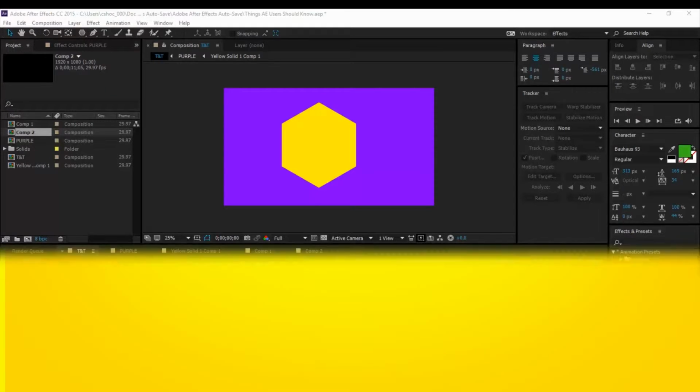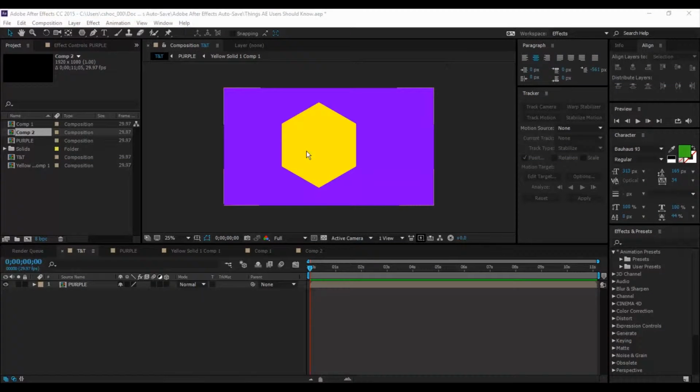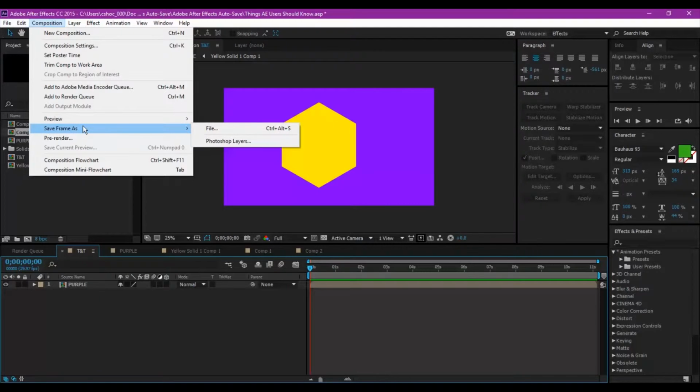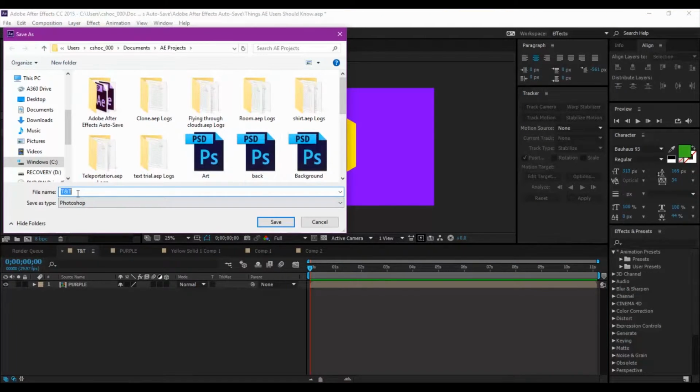Number 1, save frame as a Photoshop layer. So here I'm starting out with this nice, kind of simple composition. So if you wanted to save this as a picture, you could save it as a Photoshop layer. So if you went up into composition, save frame as Photoshop layer, then you could save it as a Photoshop